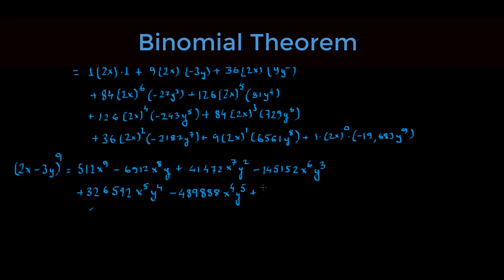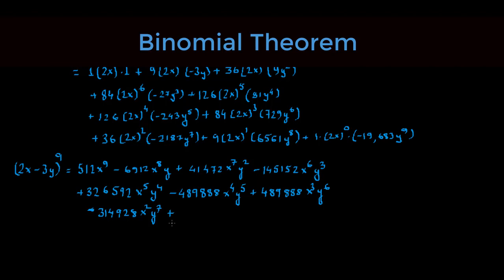So this is 489,888 x cube y raised to the power of 6. And the next one should be negative, which is 36 times 4 times negative 2187. So this is 314,928 x squared y raised to the power 7 plus, then we have